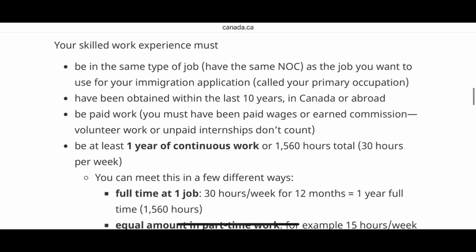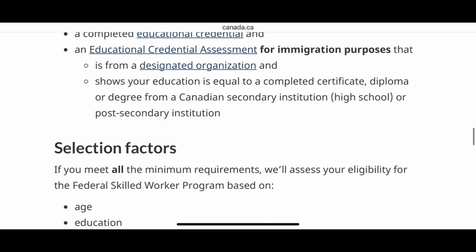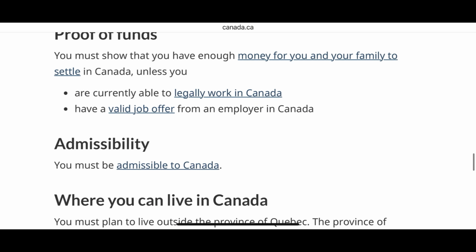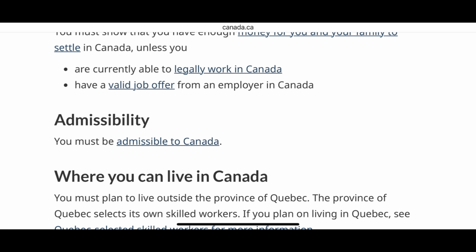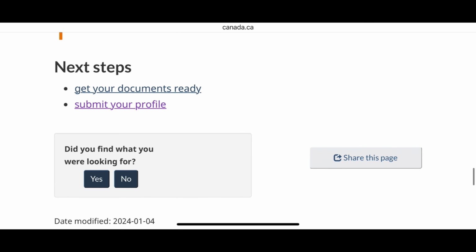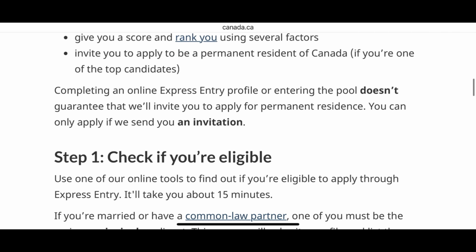the criteria, you see how to check the tiering system and all that, what's the education and all that. But just scroll to the bottom like I am doing now, just to the very bottom, and then you see where you select submit your profile. So you click submit your profile, and it brings you to creating the profile, just like the other one did